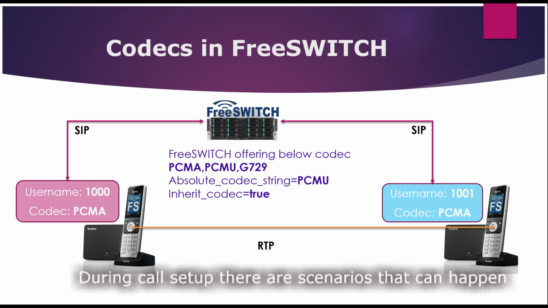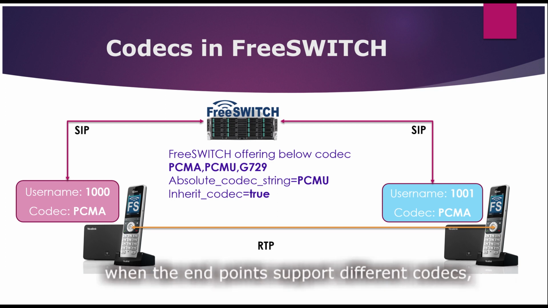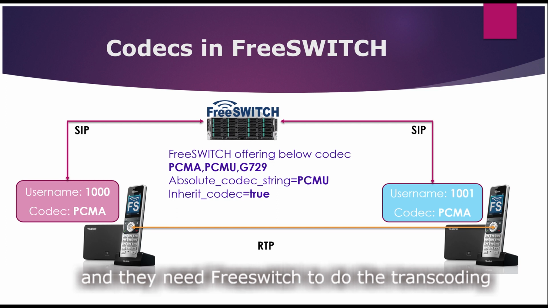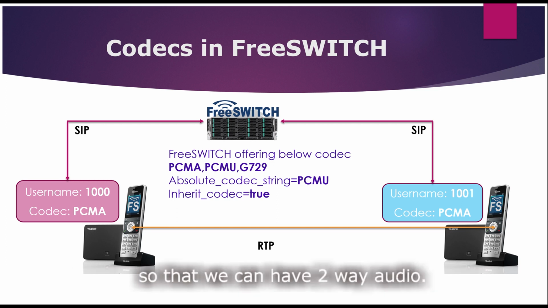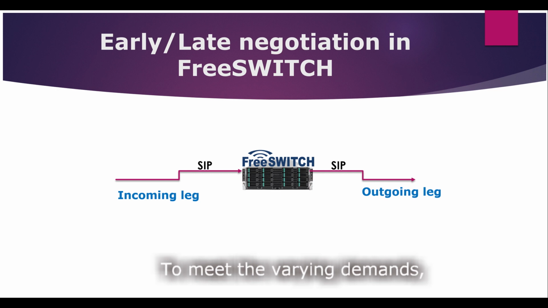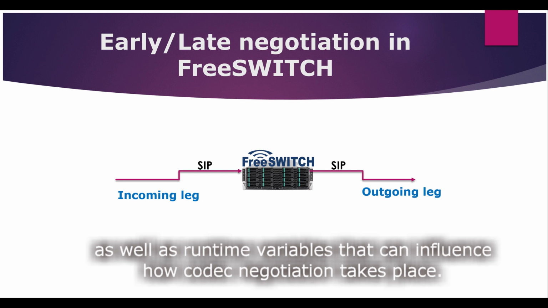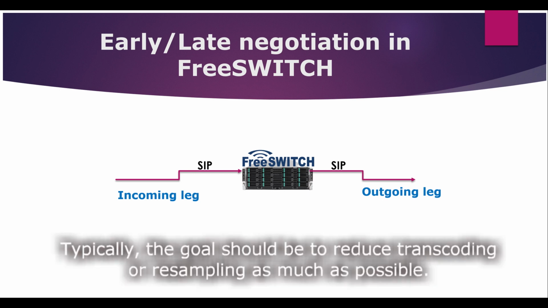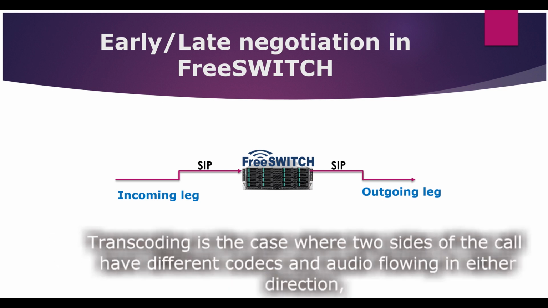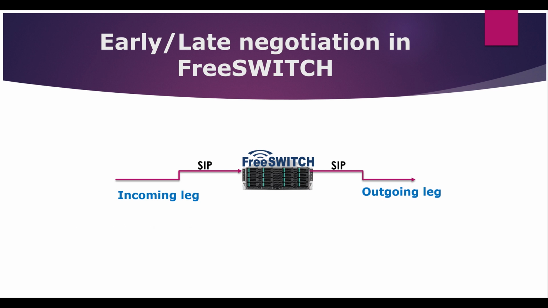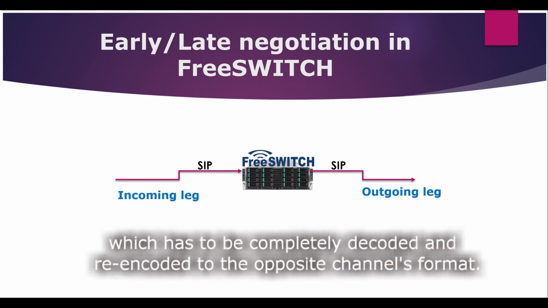During call setup, there are scenarios that can happen. When the endpoints support different codecs and they need FreeSWITCH to do the transcoding so that we can have two-way audio. To meet the varying demands, FreeSWITCH has several configurable modes of operation as well as runtime variables that can influence how codec negotiation takes place. Typically, the goal should be to reduce transcoding or resampling as much as possible. Transcoding is the case where two sides of the call have different codecs and audio flowing in either directions, which has to be completely decoded and re-encoded